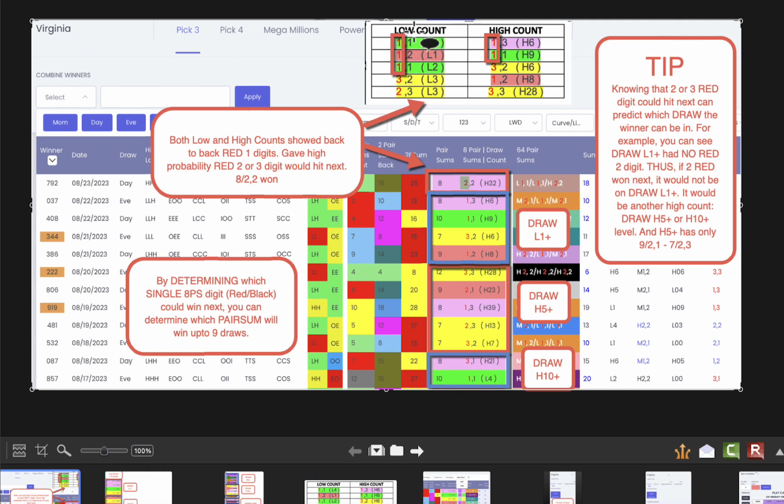So this is a high probability the next winner, if it was low, is going to be a 2 or 3. Then if you isolated the high count, you would have seen also 2 1 digits here, which gave another high probability that it was going to be a 2 or 3. So if you knew that the next winner was going to be a 2 red or a 3 red digit, then you could start looking at the pair sums